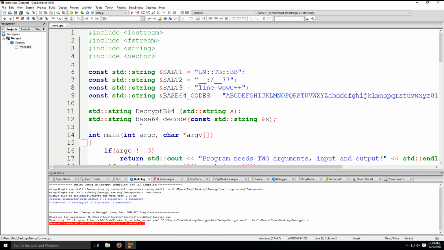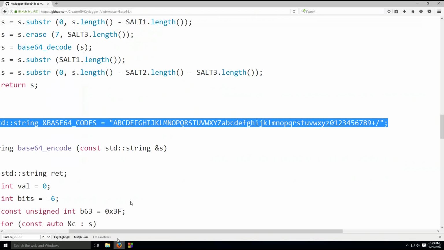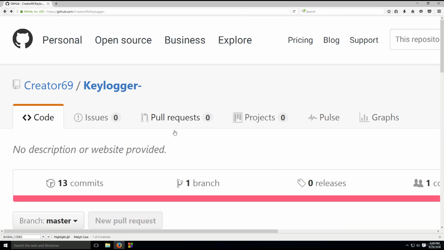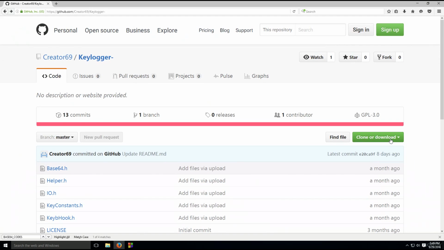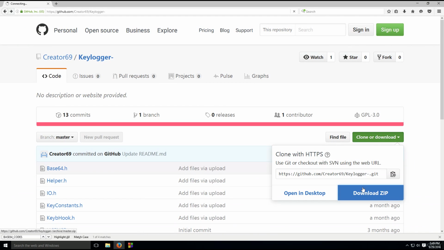Okay, so now that we got this to work, well, we still haven't tested it out, but the program does build and compile and it does run. We need a keylogger. I don't really have it on this computer, so I actually need to download it and compile it myself, but not really a big deal. Just go to my GitHub repository, it's clone or download, I just say download zip,